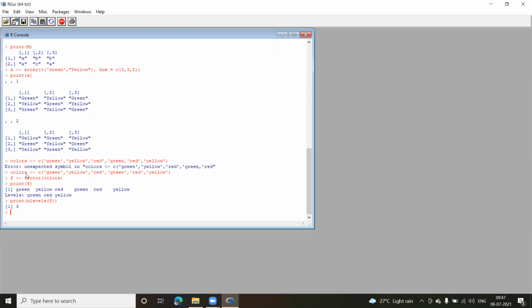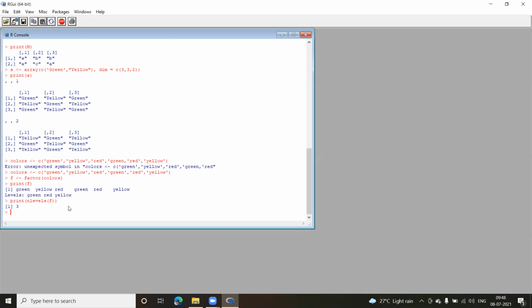If I change these colors and put more values there, the levels might change. If I add one more color to my vector, I will get that many levels. So basically these are the two functions which are frequently used. First of all, the factor function is used to create the factor, and nlevels is used to find how many levels I have inside the factor. That is the purpose of using your factor. And as I said, factors are basically used in statistical modeling. So again, we are going to come to factors again.